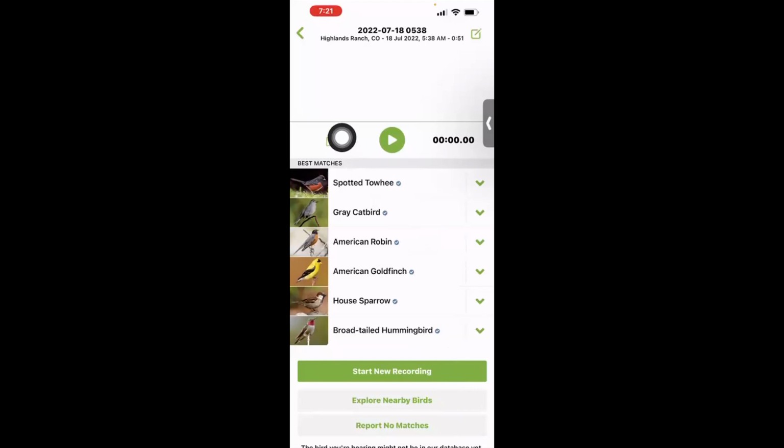So the last thing I want to go over on this screen is this save share feature right here. So now we're getting into the area where we're going to save this recording. Now, typically we wouldn't do a recording with this many birds on it. We wouldn't want to save that up and put it on our checklist. We'd want to have a single bird with some pretty good quality recording on it. And then just a little, if there's a few miscellaneous birds in the background, you can make note of that on your recording. But just for example's sake, I'm going to go ahead and hit this share save feature,